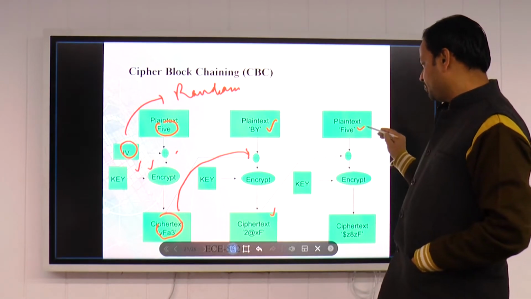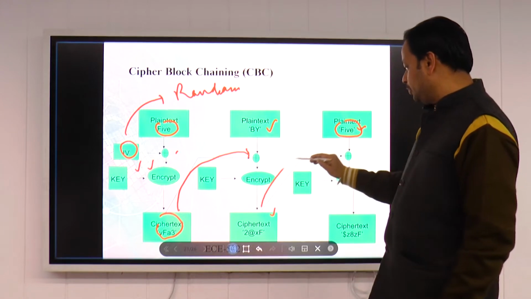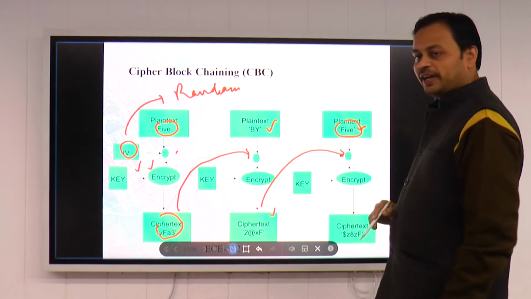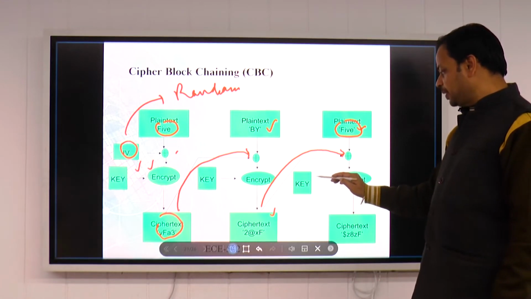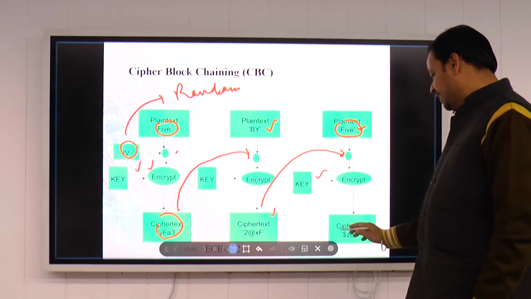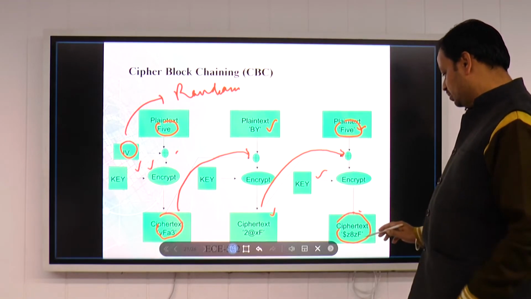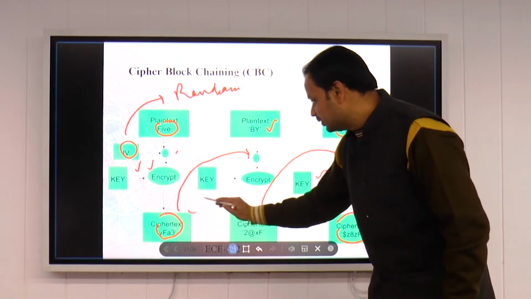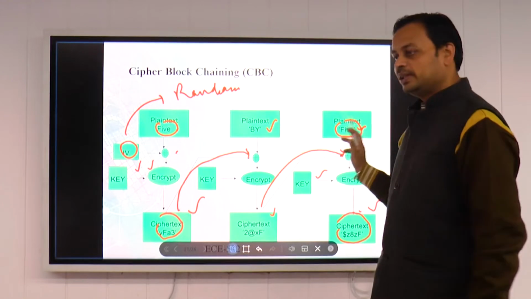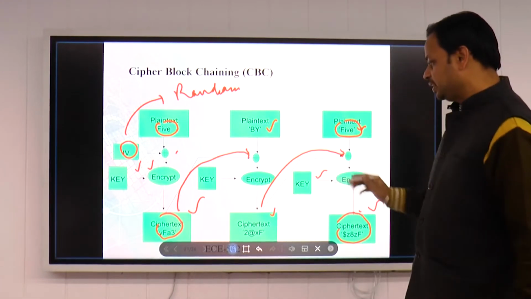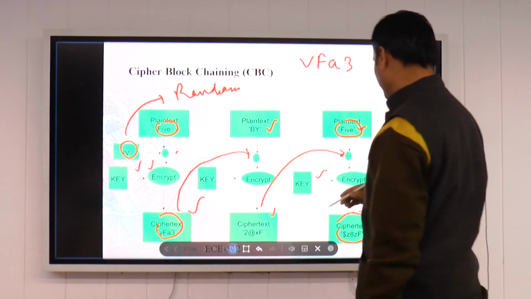Now in the third step, the plain text is 5. The previous step's ciphertext will be taken as an initialization vector. That will be XORed and then it will be encrypted with the help of the key. We get some ciphertext. Now the thing we need to know is that, see this one and this one, the plain text is the same, 5 and 5, but the ciphertext is different. In the first it is VFA3, say for example, and in the next it is